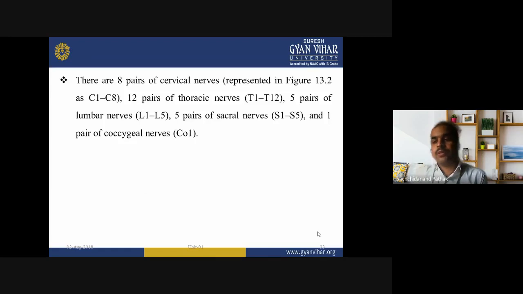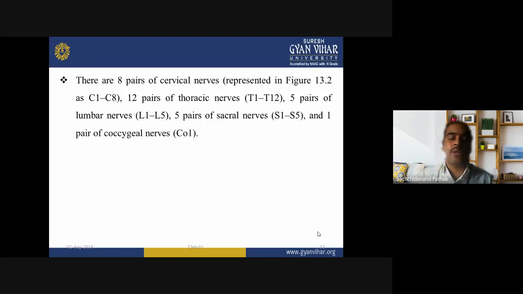Now remember the vertebral column segments: C7, T12, L5, S1, C1. सर्वाइकल 7 थे उसमें, वर्टिब्रल कॉलम की बात कर रहे हैं अभी, ठीक है. C7 थे, थोरेसिक 12 थे, लंबर 5 थे, एक सैक्रम एक कॉकेक्स, तो 26 वर्टिब्रा होते थे. But here you can see there are 8 pairs of cervical nerves. पेयर की बात कर रहे हैं, दोनों तरफ से निकले हैं, 8 पेयर्स हैं, C1 to C8. So C1, C2, C3, C4, C5, 6, 7, 8.